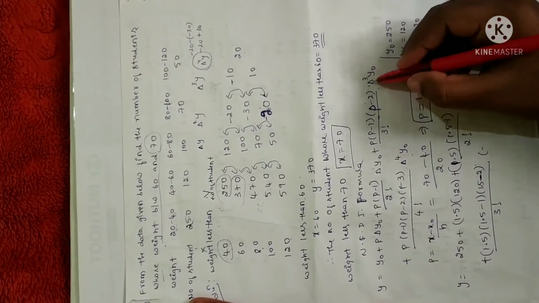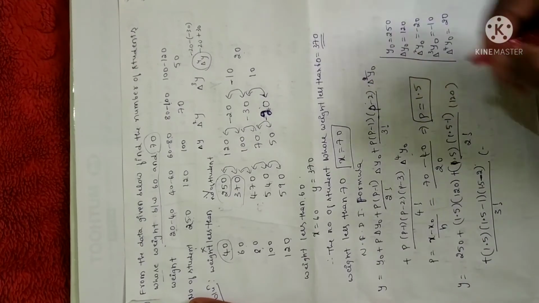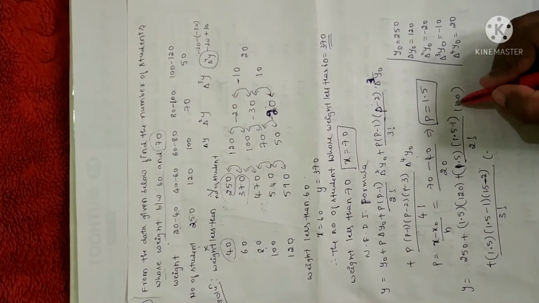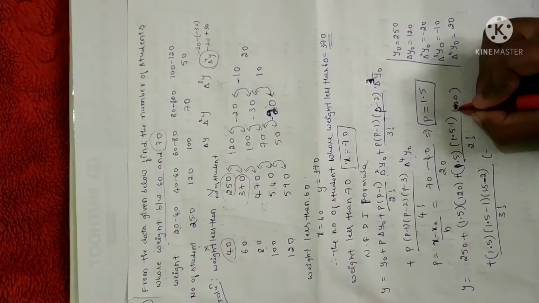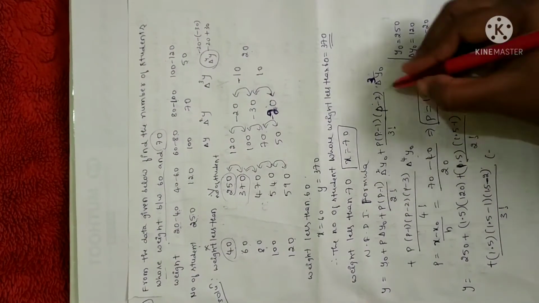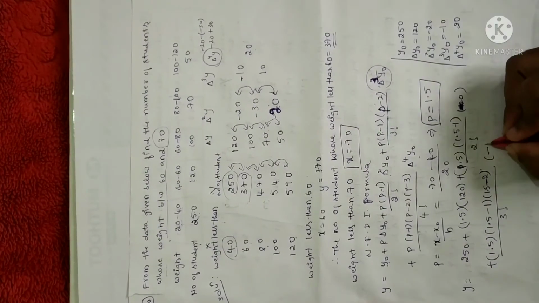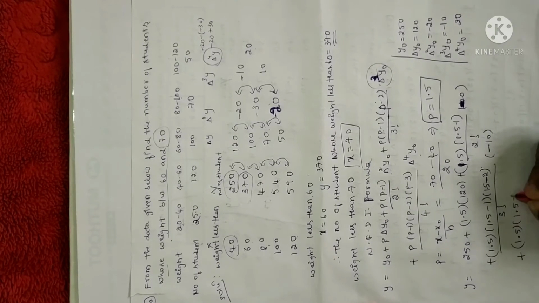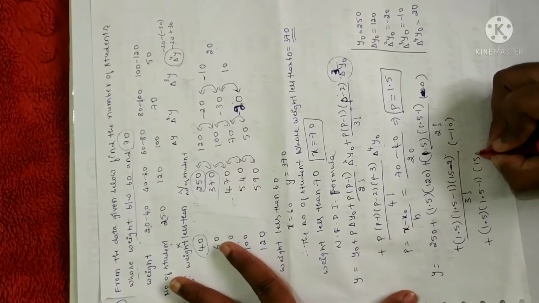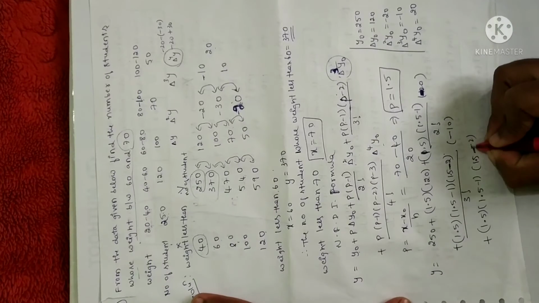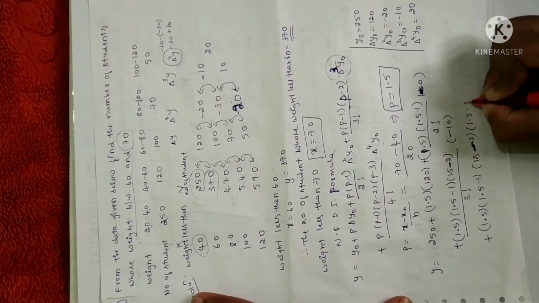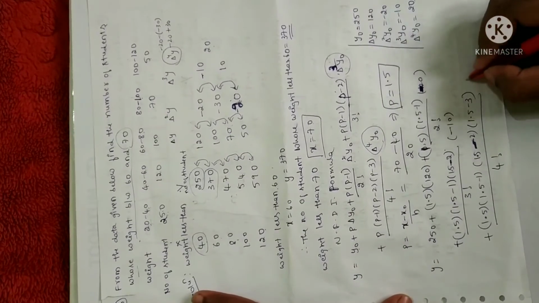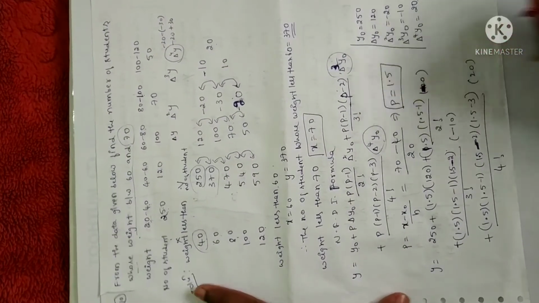I'm sorry, delta square it is, right? I have missed one term. Yeah, it is delta cube only. See here, delta square is minus 20. It is not 120, minus 20. Now delta cube y naught is minus 10. Next last term, plus 1.5 into 1.5 minus 1, 1.5 minus 2, 1.5 minus 3, divided by 4 factorial into delta power 4, which is 20. Now let me simplify.